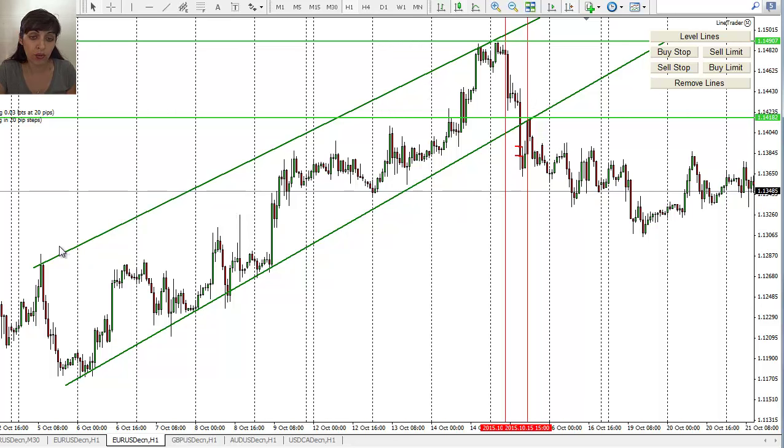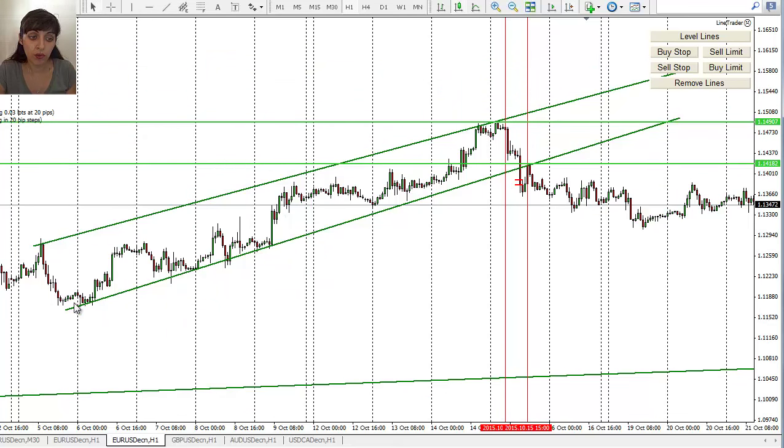I used two main tops because the market got twice to that level, to the top. For the bottom one, I used the bottoms of the candles, and that's how I drew my bottom line. So before that happened, there was that line here. These were the two main levels which I was waiting for the market to break, one of them.